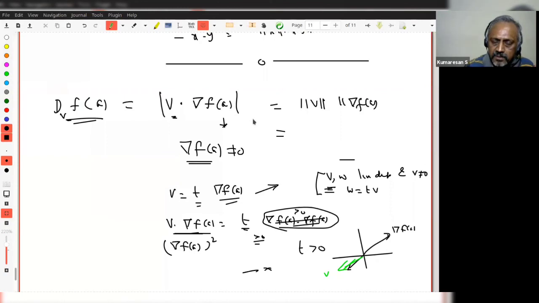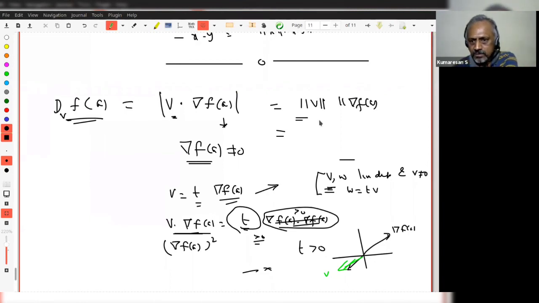Here it only says absolute value, but then being a real number, there are only two possibilities. It is itself or it's a negative. So work out the case. Then I know what the scalar is also. The sign of the scalar is going to determine whether v is in the same direction as the gradient or in the opposite direction. If it is in the same direction, naturally it's equality, therefore it's a positive quantity, therefore it's going to increase. Have you understood?